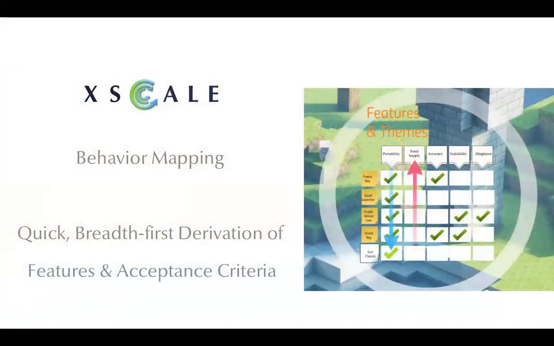We have to be able to take each epic that we get that way, because the why, who, how, what, that's the normal form for an epic in XSCALE's breadth first product management. We have to be able to derive features, and we have to understand them breadth first. We can't spend huge amounts of time drilling into each feature, getting it all down to ticky-tacky acceptance criteria when we're not necessarily going to deliver that feature. We haven't done any release planning yet. So we want to get this breadth first stuff done very rapidly.